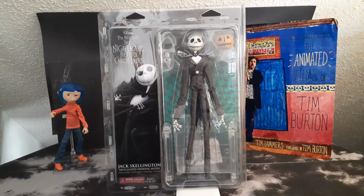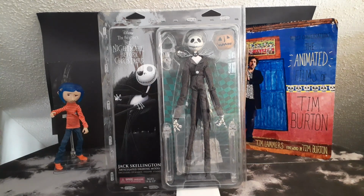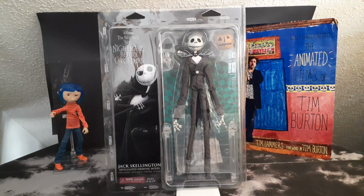Hey everybody, it's Tim again, and today I have a figure from a movie that's near and dear to my heart. It's the Jack Skellington articulated drawing model, 9-inch figure from NECA, and this is to celebrate the 30th anniversary of The Nightmare Before Christmas, Tim Burton's The Nightmare Before Christmas. And of course, that was released in 1993. We're in the early part of 2024, but hey, I'm still celebrating the 30th anniversary of this classic, this stop-motion